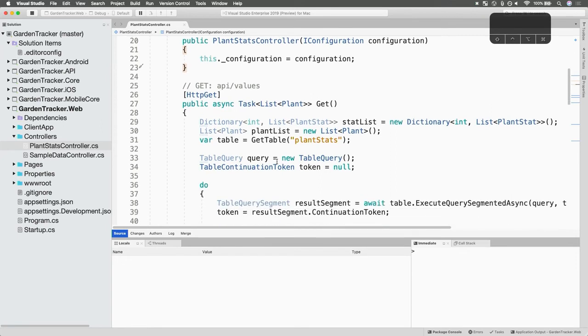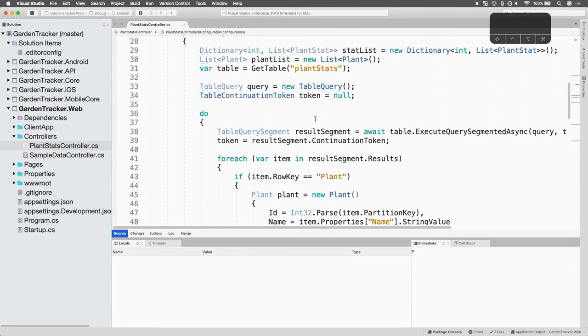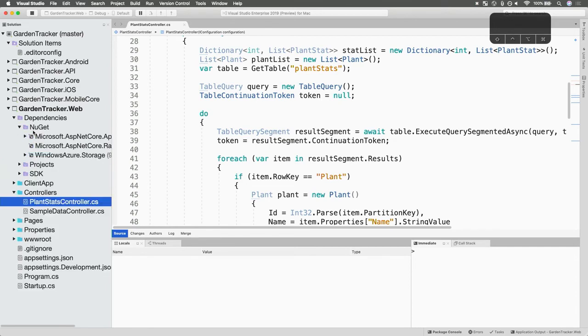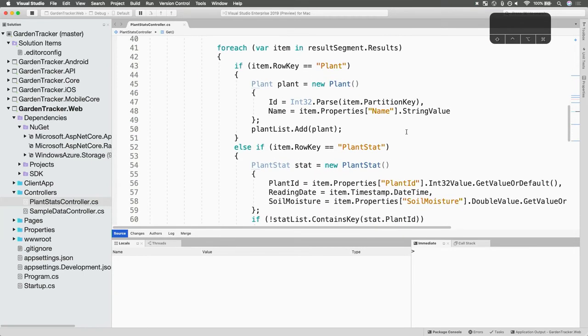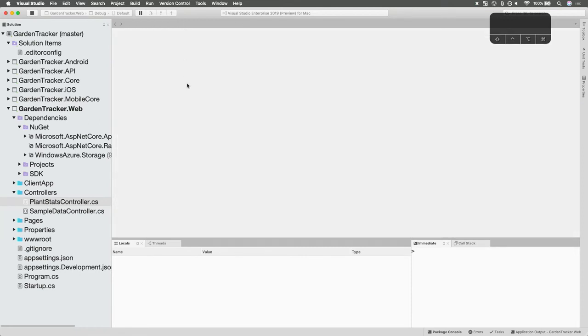And so the code in the function here, there's a bunch of stuff going on, but in short, it uses the NuGet package for WindowsAzure.Storage to let me get at a table, iterate over items, run a query, and for each item in that table, each plant and plant stat in the table, I hydrate my data model. I have a plant object and a plant stat object that are built up to let me traverse that data in C# if I want. This code from this service wrote back in the browser. You saw that text output. That was JSON. That can be read by the TypeScript code on the client and turned into objects on the